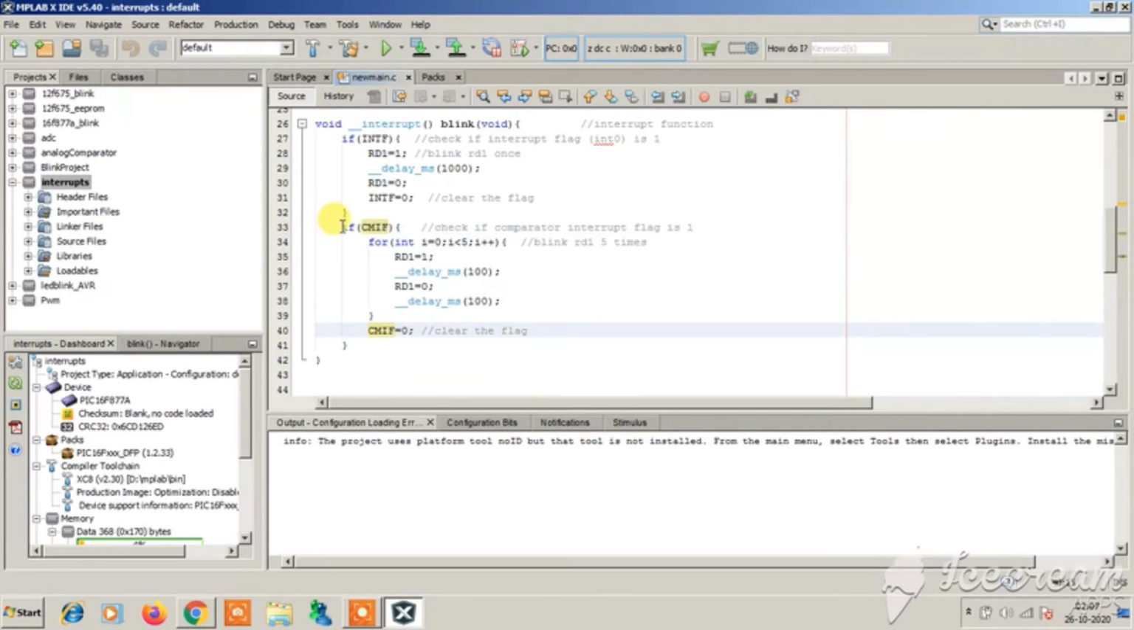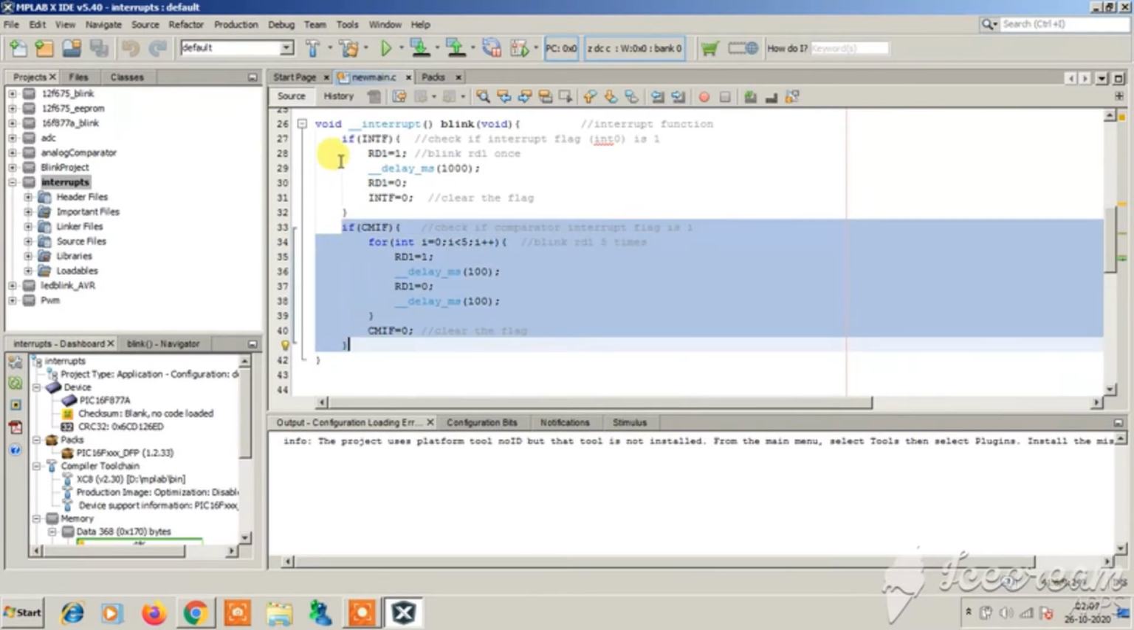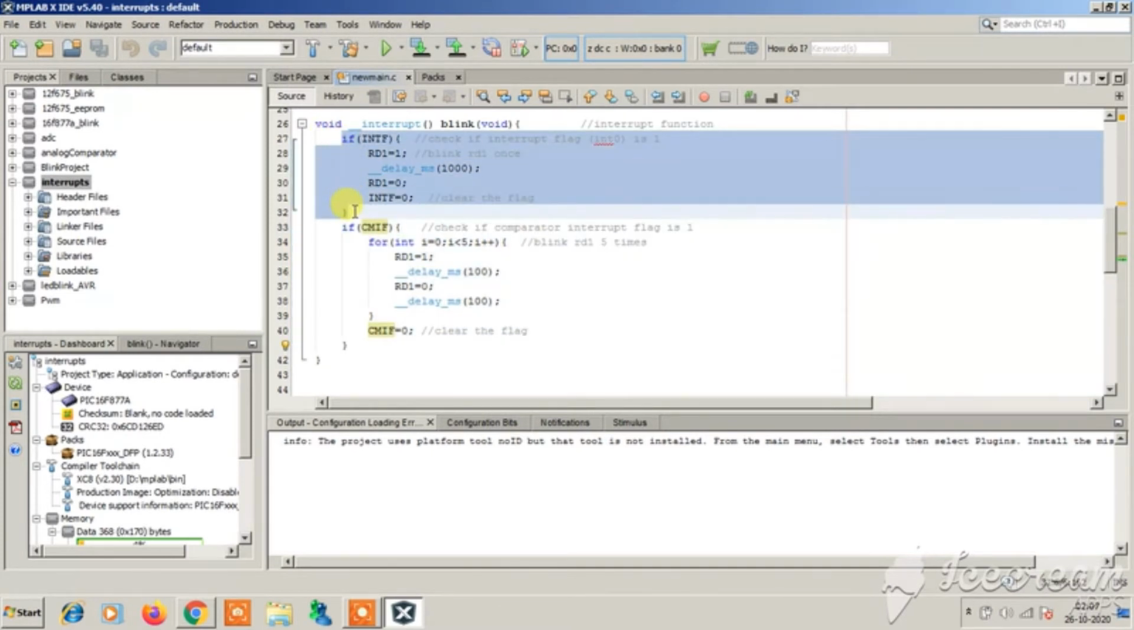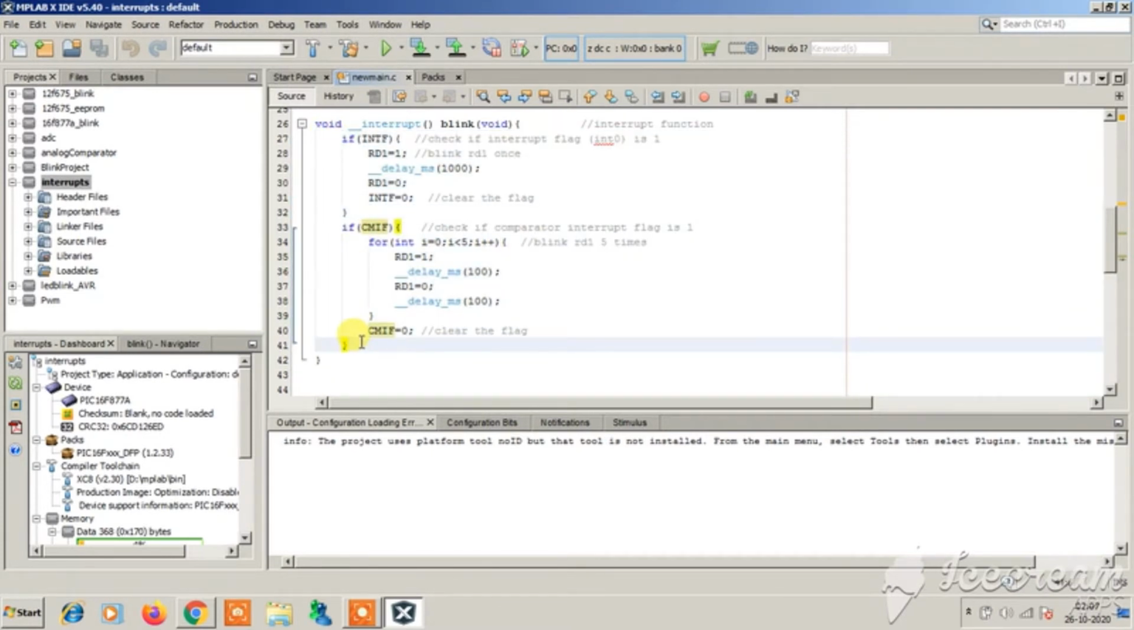So see here it is a simple if statement, and here it is also a simple if statement. Similarly, if you have an AD converter interrupt, you can also write if ADIF then curly braces, and write your code in the ISR. So I think the method you can understand what I am trying to describe is that inside the ISR the